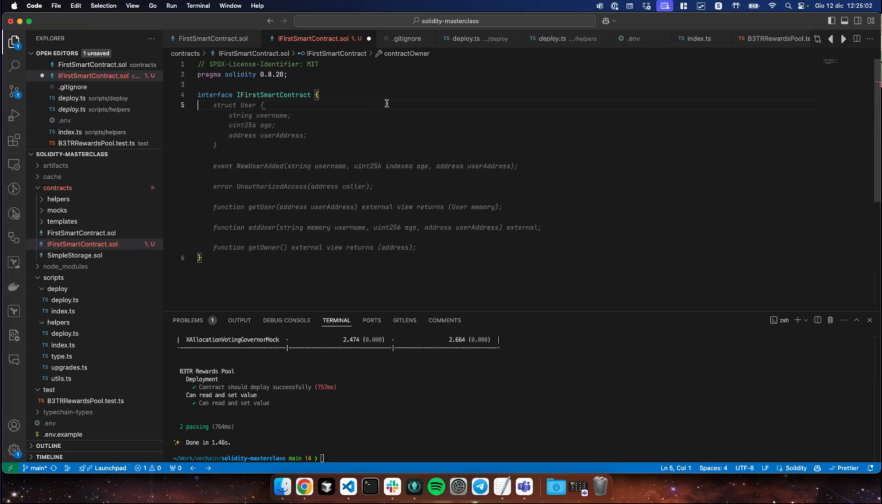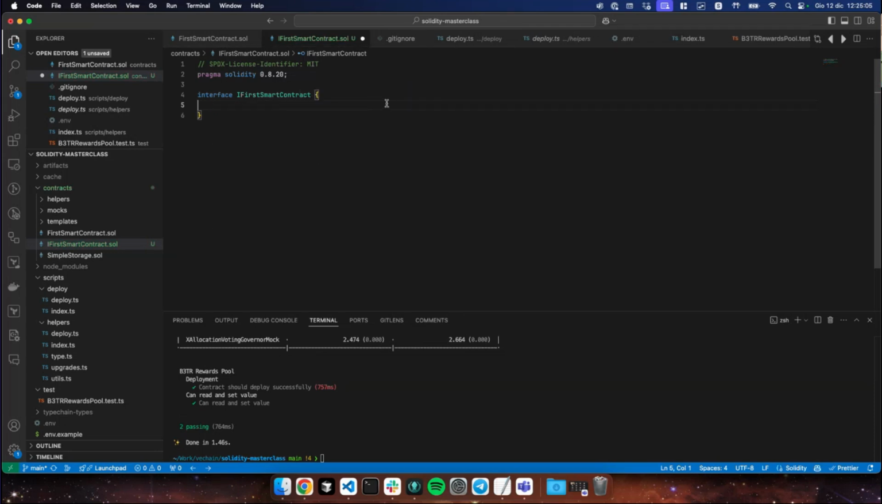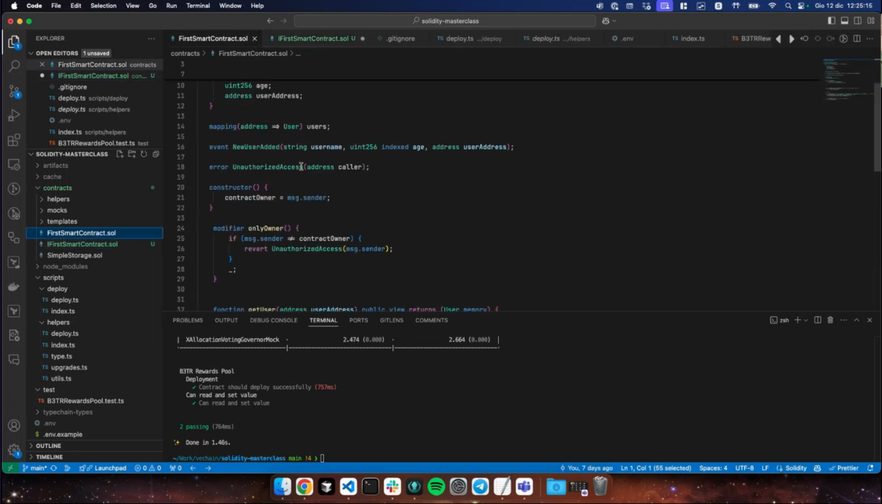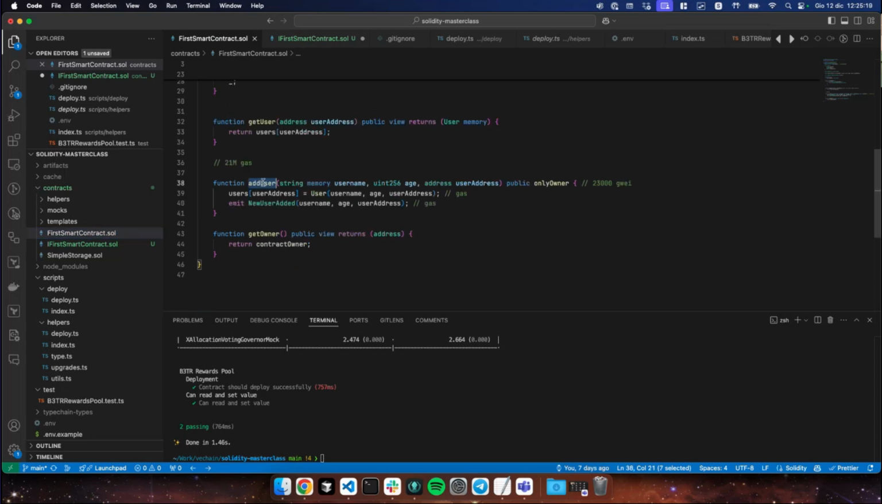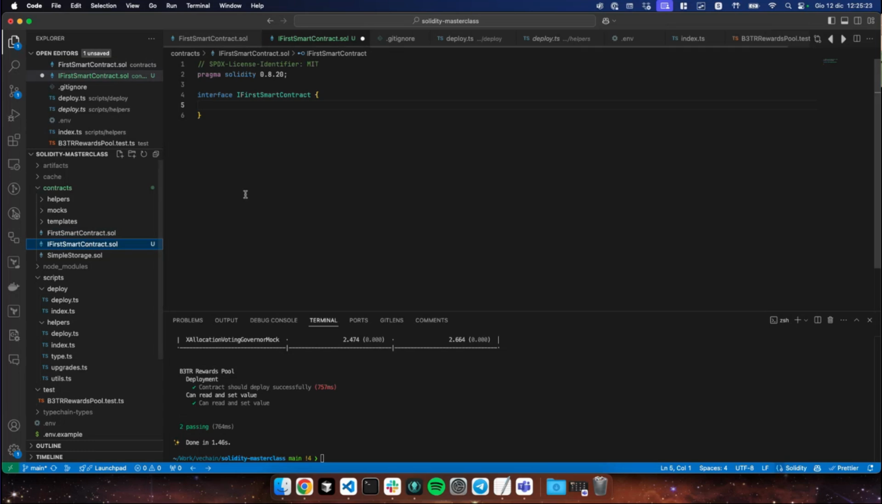In an interface, what you put is just the functions: the functionality that the contract will need to implement. In our case, we could say two functions: add user and get user. Those are basically what all this is about, right? So you say function